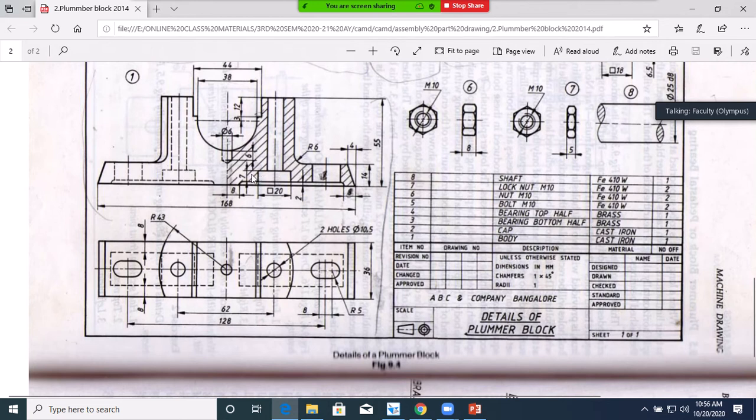Here you see for 7 mm distance a square opening is there. There also there is no material at this point, at this line. At this position there is no material. Again this cutout, so whatever dotted line is showing, that is in hidden edges. So this cutout will be there.